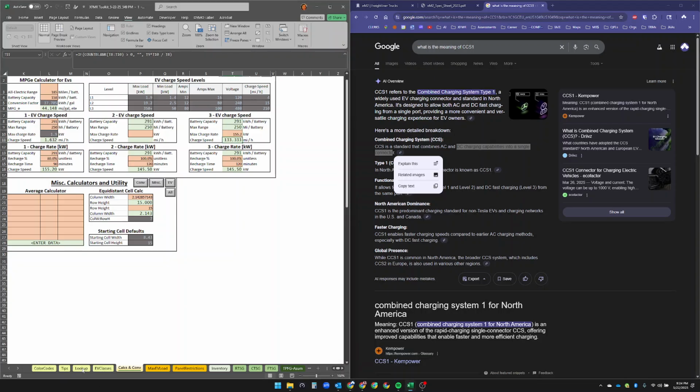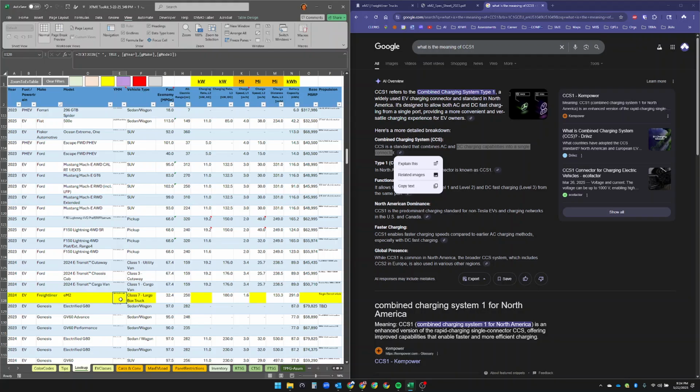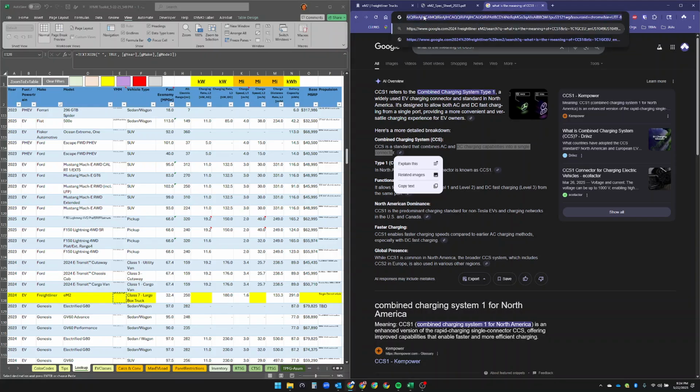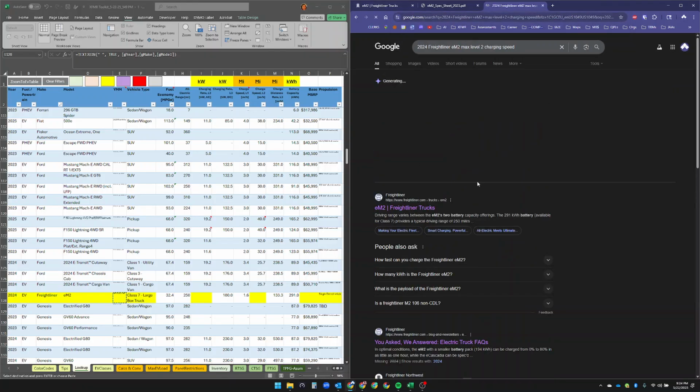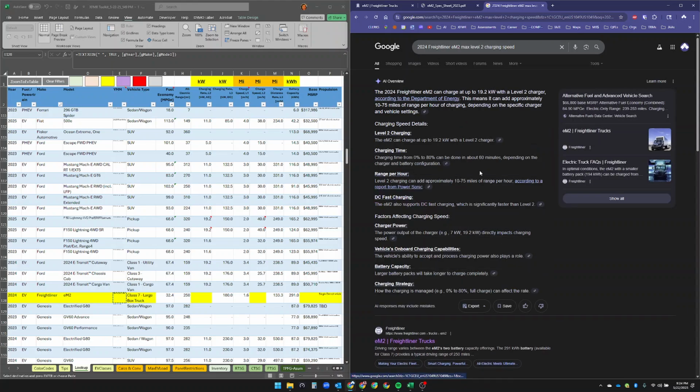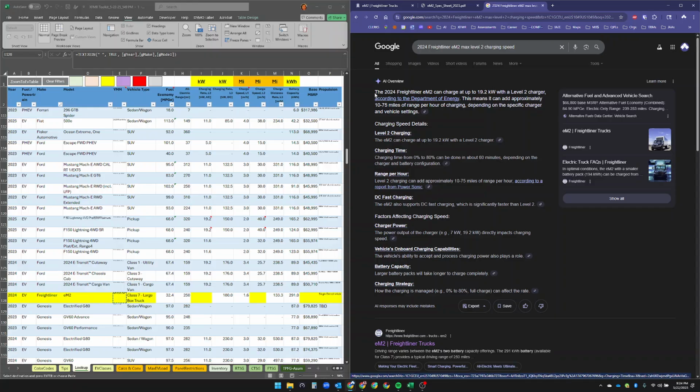Again, we're going to go back to the lookup table here so that we can do a quick copy and paste of this YMM and not have to write it out every time that we search for something. But let's do Control A, Control V, and then we're going to do max level 2 charging speed. And so basically one thing we've got here is the AI overview is telling us that it can do 19.2